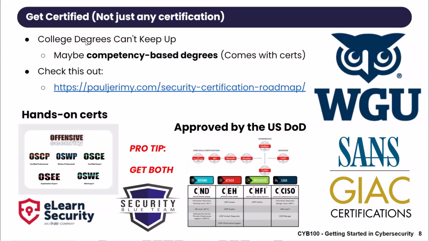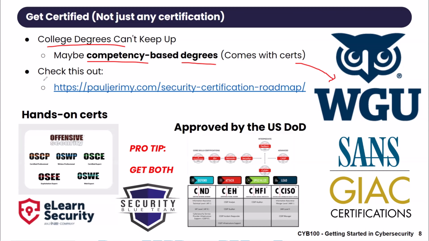if you go to college for cybersecurity, by the time you finish college, cybersecurity is going to be completely different. So that's the only reason why I would not recommend a college degree, unless you're getting a competency-based type of degree, such as those offered by WGU. I graduated from WGU. I finished my master's in 4 months. My bachelor's took me 4 years, but my master's 4 months, because they let you pay for about 6 months. Check them out. You get to something like WGU, you just get it done faster. Now you have a degree.